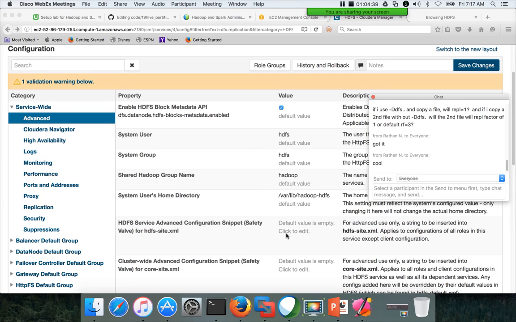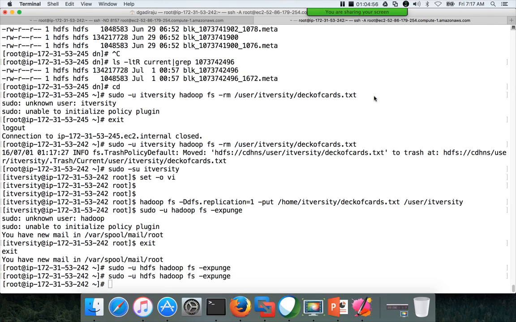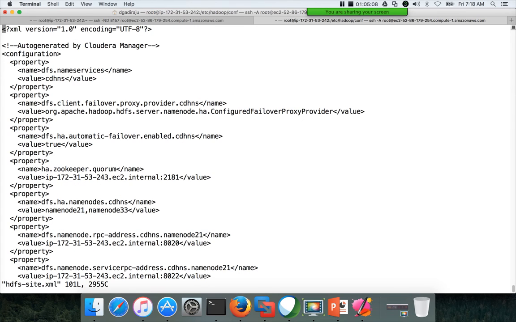So there is no final option here, but you need to understand the relevance of final. If you want to restrict, you can use final. So if you go to the parameter files, cd etc, hadoop conf, and hdfs-site.xml.